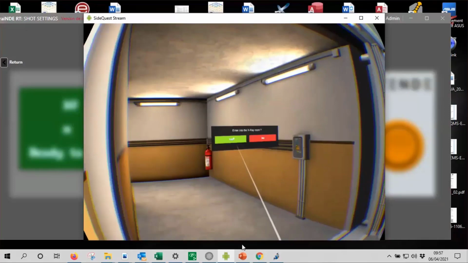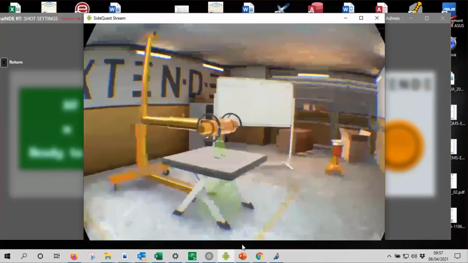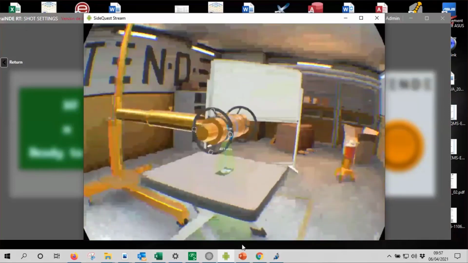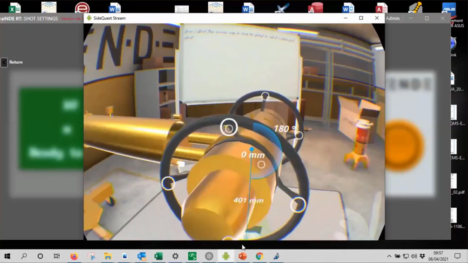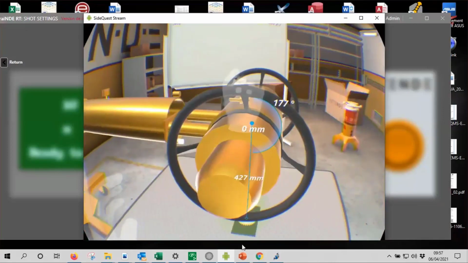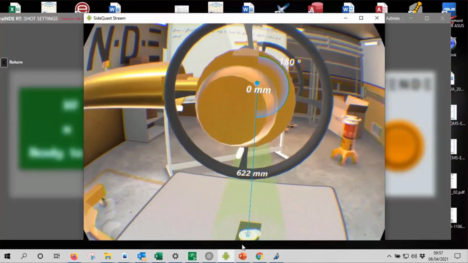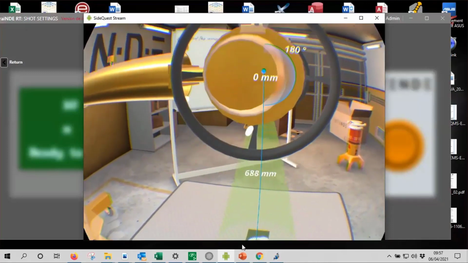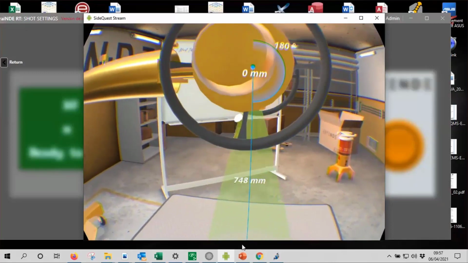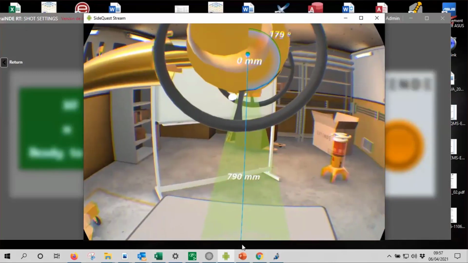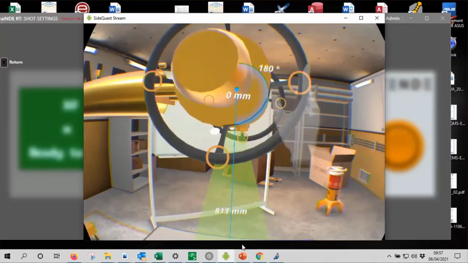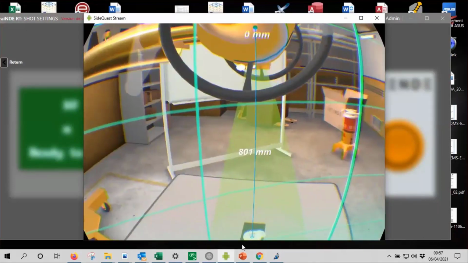I go to my X-ray room, and again, based on the X-ray chart and so on, I can define the positioning of my source. For 800, but you can put it at 600, 400, and so on.